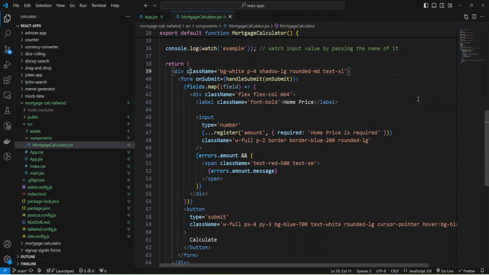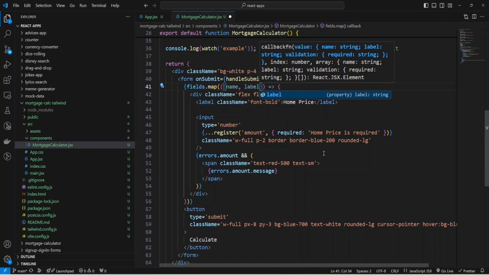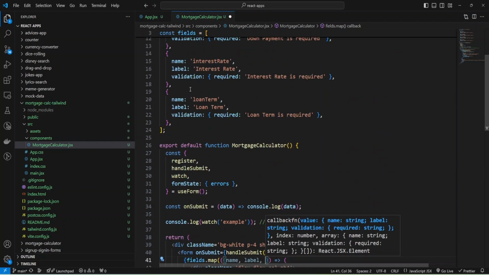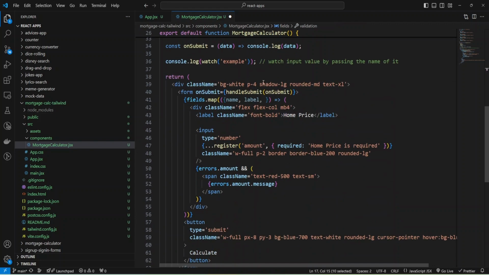Okay, and now I can use, actually, let's use object destructuring and destructure our name, label, and also we have validation in each element. And now instead of this amount, I'll provide name, and instead of required, I'll provide validation.